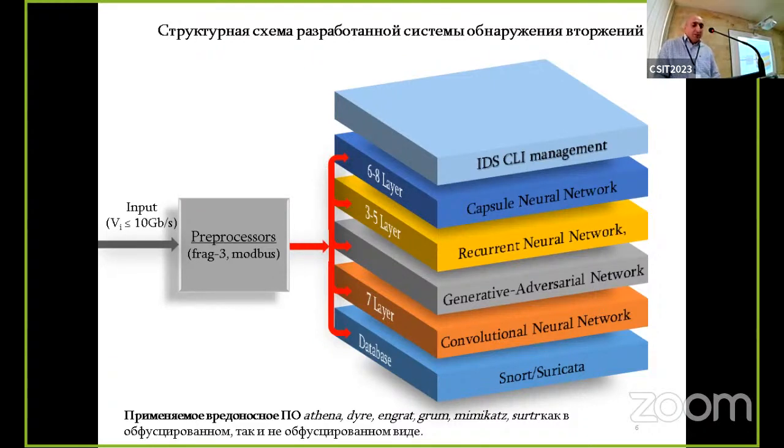Вот система обнаружения вторжений, ее компонентный состав. У нас есть 4 нейронные сети, модель производительности которых надо замерить. То есть на выходе мы должны сказать, какой ресурс нам необходим для их функционирования. В качестве тестовых данных использовалось вредоносное ПО как в обфусцированном, так и в необфусцированном виде. Оно указано на слайде, и различные модификации, потому что генеративно-состязательная сеть, входящая в состав данной системы, подготовила свыше 100 тысяч коллекций наборов данных различных размерностей.